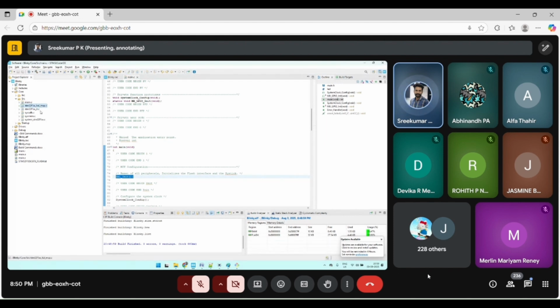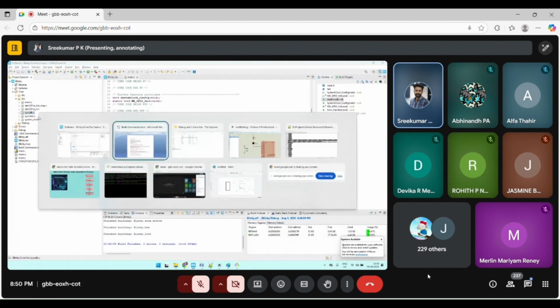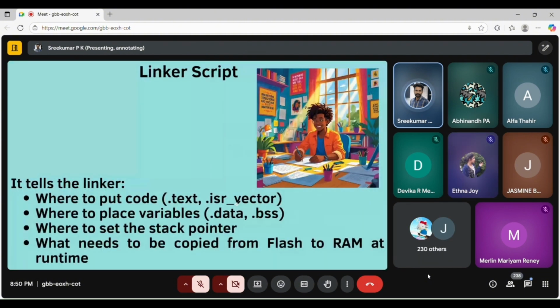You can see so many C files associated with it, right? Each and every C file will be compiled and an .s file will be created, or it will be directly created as an .o file. So this is the behind-the-scenes of the compilation process.